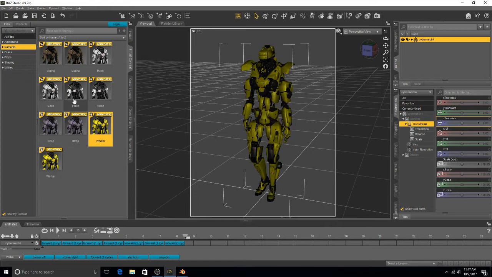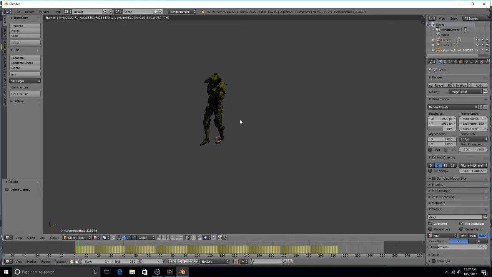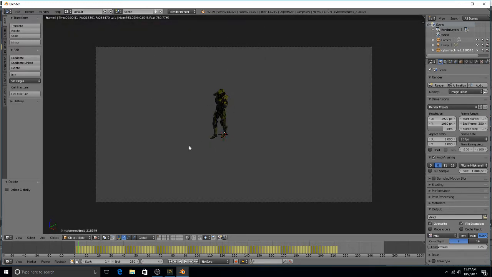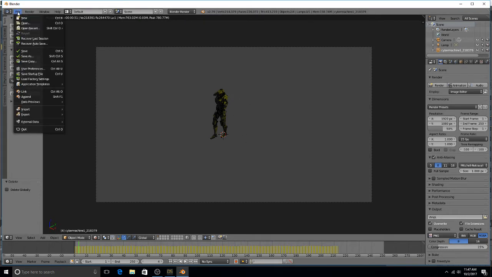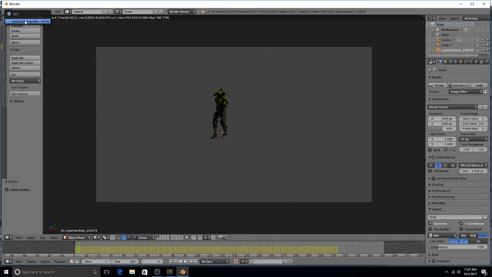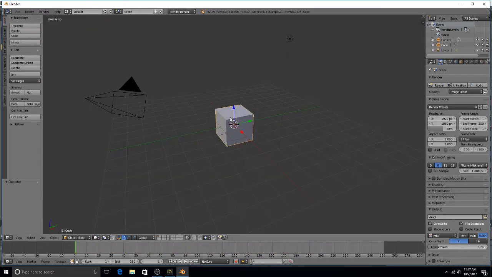Some of these materials, I guess, are kind of dummy materials, and I just imported this one, and hopefully it doesn't crash. This is the outcome I basically wanted. This is a rendered object. Now, this is what I wanted. There's no lights or anything attached to this, but if we go to new and we open up